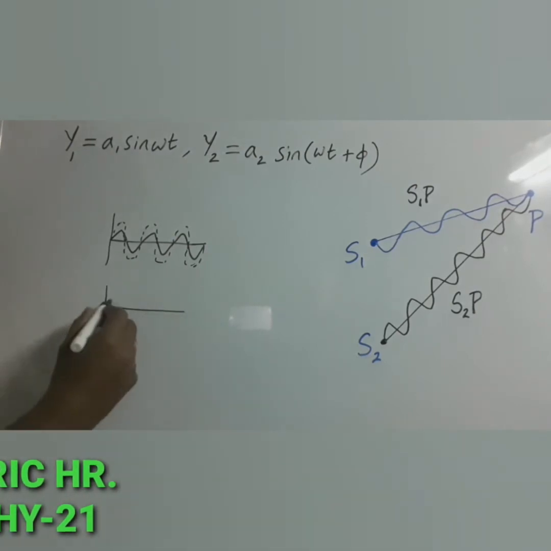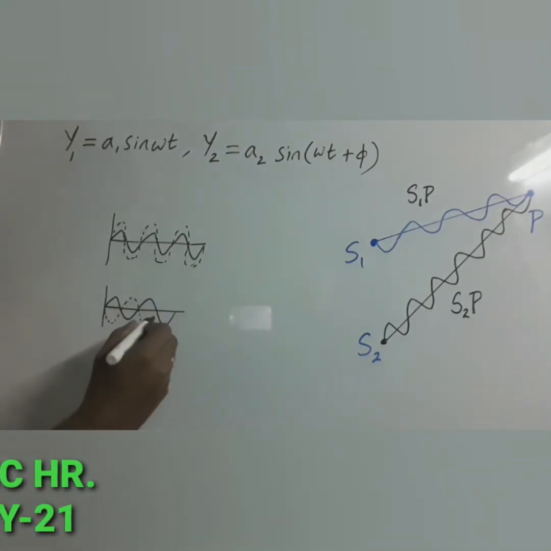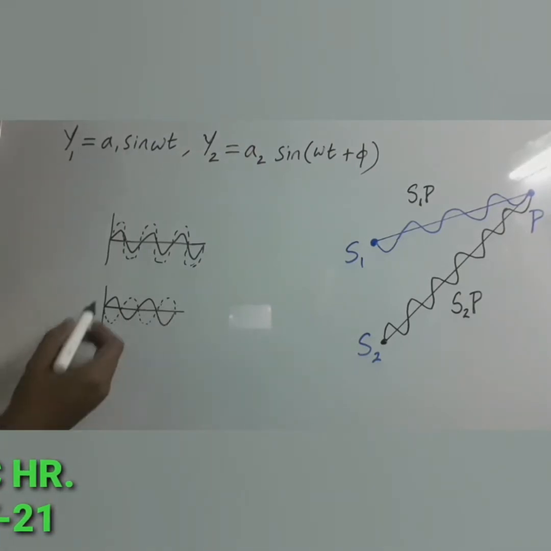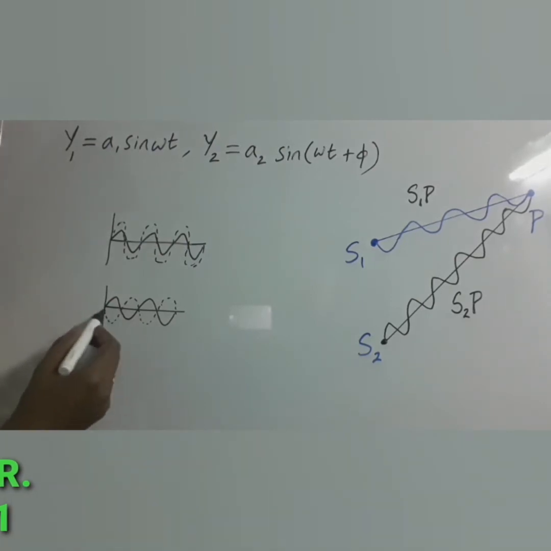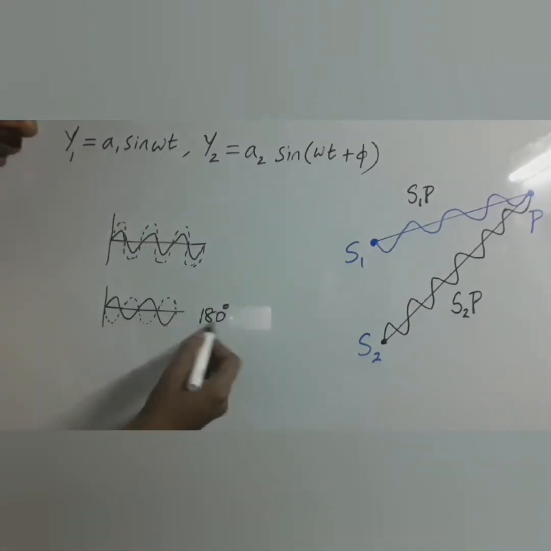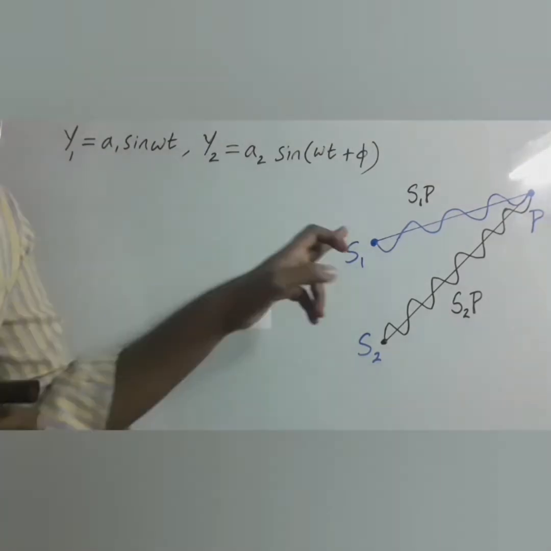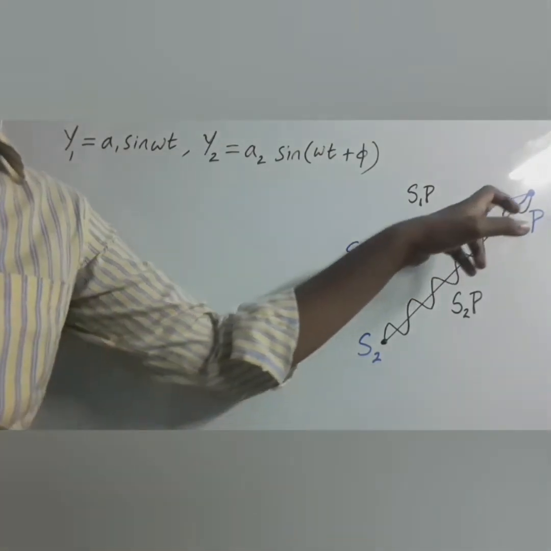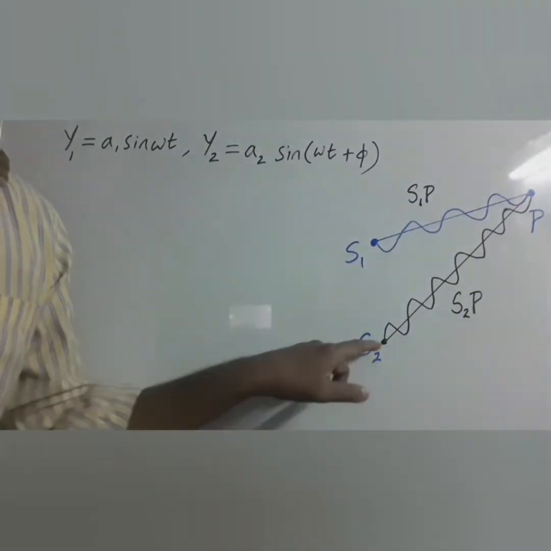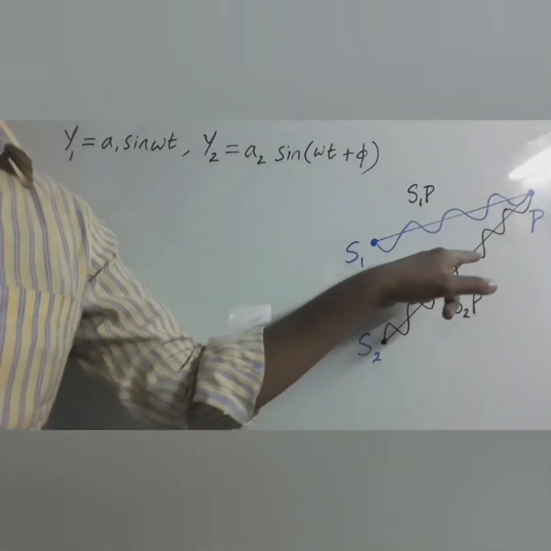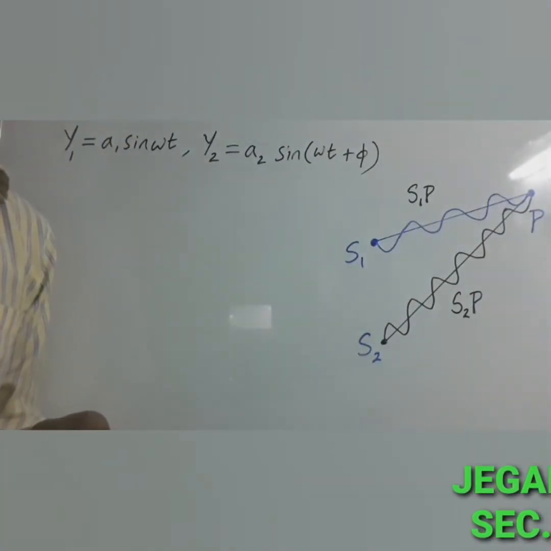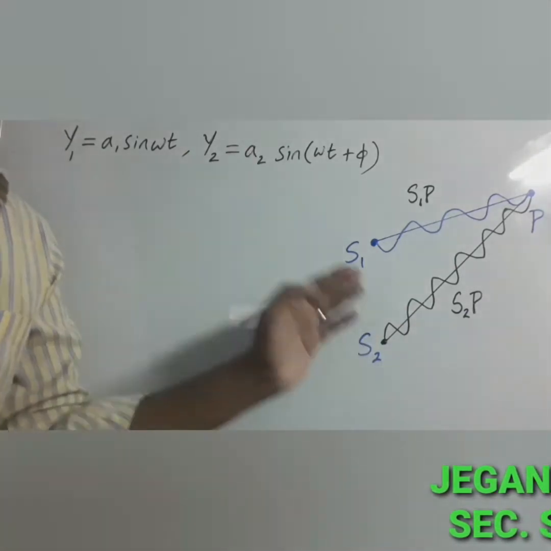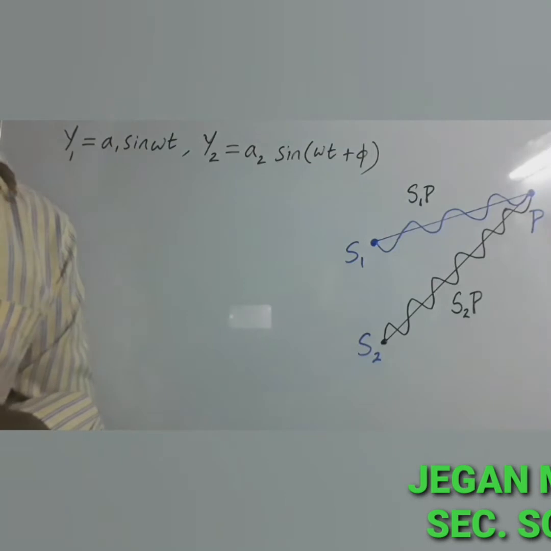So we can say they are in phase. Let us take another example. Here the second wave is superimposed like this. The first wave has covered the crest at 180 degree, but what about the second wave? The second wave has completed one trough. So they have a phase difference of 180 degree. Here you can easily understand the light wave from S1 has covered less distance to reach point P, whereas the light wave from S2 has taken more distance to reach point P. So there is a path difference. If there is a path difference, there will be a phase difference too. That phase difference is given by the letter phi.